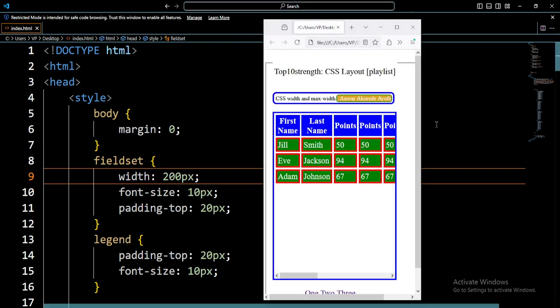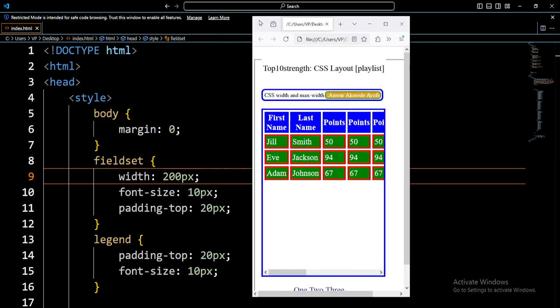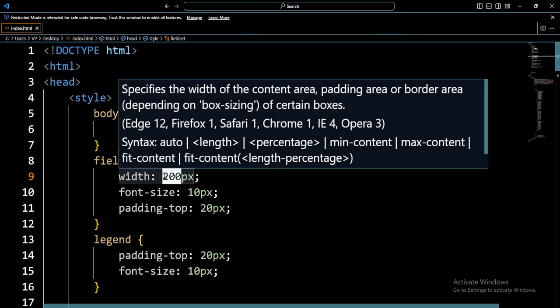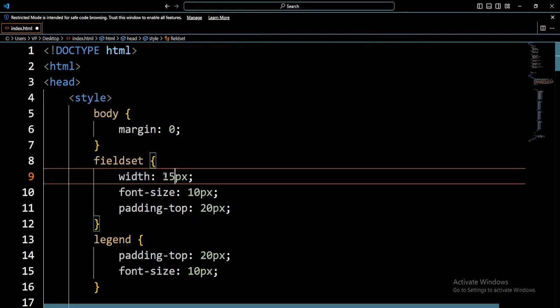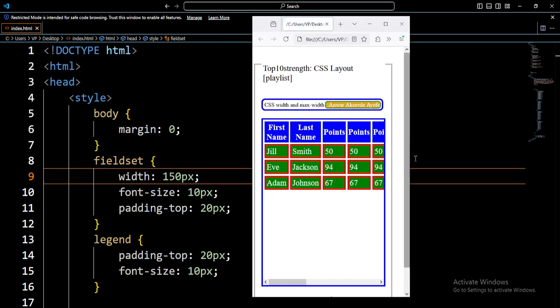When I reload, can you see we are still not able to see the 200 pixels? So let's turn it to 150 pixels. When we reload now, can you see? Only when we turn it to 150 pixels are we able to see the full width of our fieldset